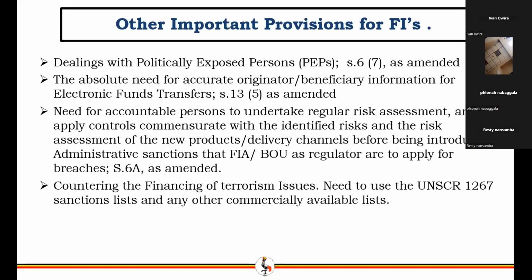So what the law says about PEPs is that you're supposed to put in place measures or systems to help you identify politically exposed persons, where you rely on relevant, reliable databases, and you rely on adverse media. So you're supposed to frequently update your list of PEPs, because even when inspections are done, this is the list they will ask you for, to verify whether you keep a list of PEPs, and it should be embedded in your systems, in your database, to see that you refer to it all the time before your clients transact.